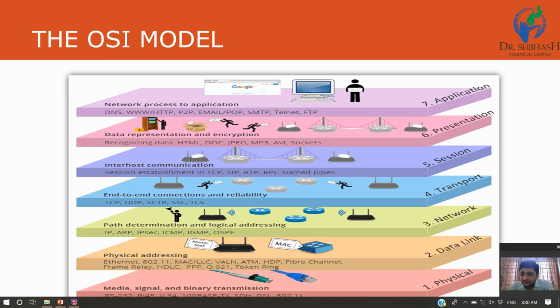Next layer, that is the sixth layer from the top and second layer from the bottom, the data link layer. It uses the physical connectivity between two terminals using the MAC address. So here routing algorithms come in. Whichever is the shortest path, which path is free, what is the actual physical address of the devices, the sender's address, the receiver's address, all this information is used and put in the data link layer.